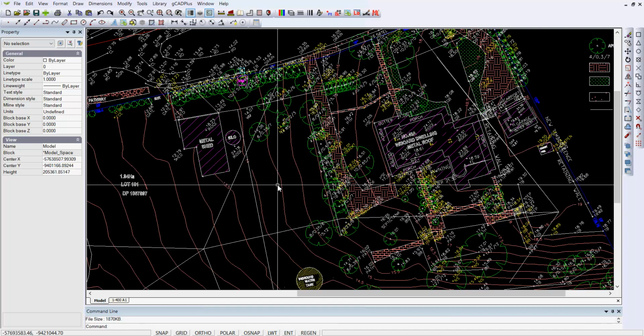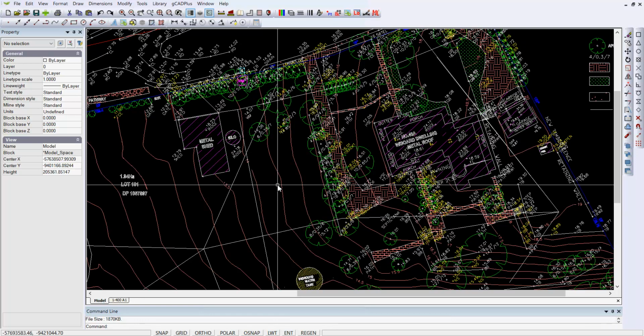I think that's a lot to ask of a tool like gCADPlus, but hopefully, all things being equal and with your fingers crossed, you should be able to work on this drawing and now add landscape design features